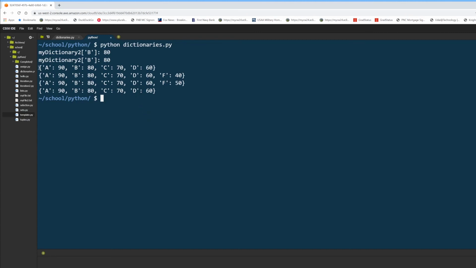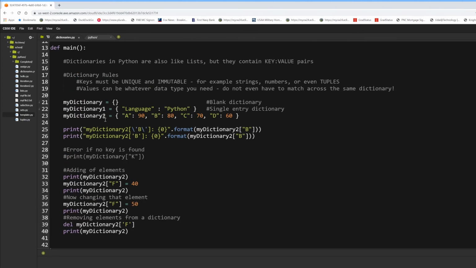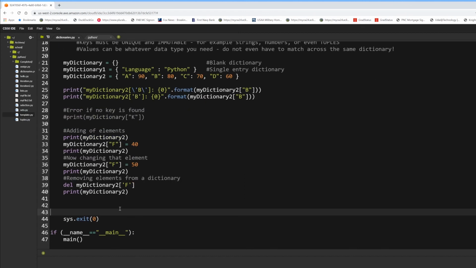Okay, so what we've done is we have started with what we started with. We added F, we changed F, and then we deleted F. And what we've learned is that we have to be really careful if we use similar variable names, especially late at night. Okay? So I've added it to dictionary 2, I've changed it for dictionary 2, and now I've deleted